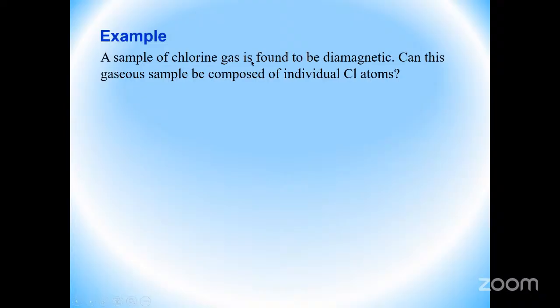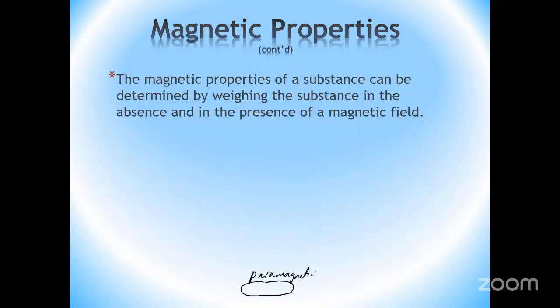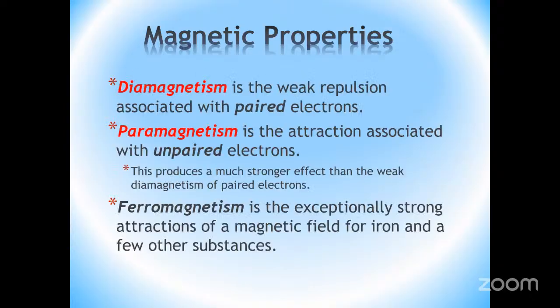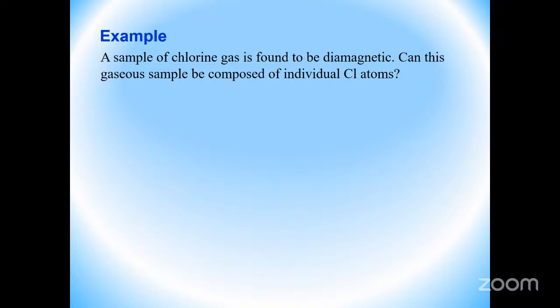Okay, so the next slide says a sample of chlorine gas is found to be diamagnetic. Basically that means, according to the definition I gave you earlier, repulsion will take place and not attraction. So structures that have that will have paired electrons. Now the question is asking whether or not the gas sample is composed of individual chlorine atoms. And the answer is no. You know why? Because